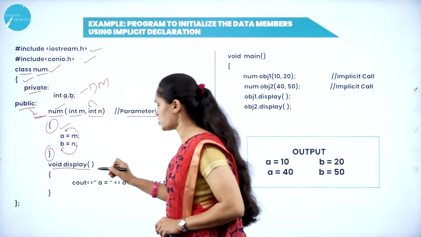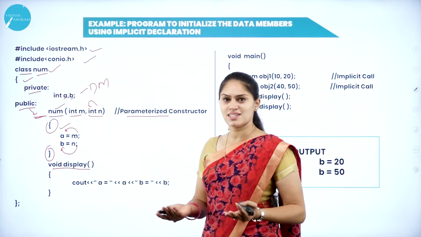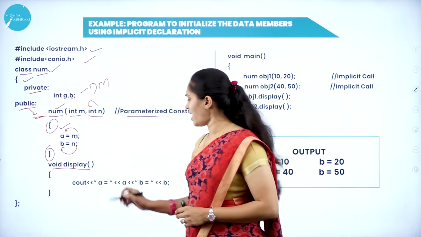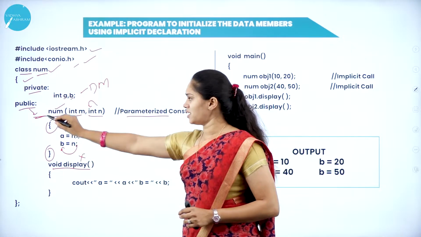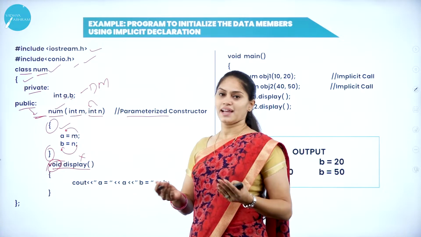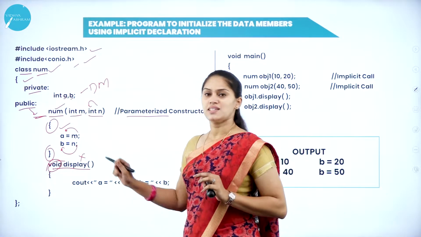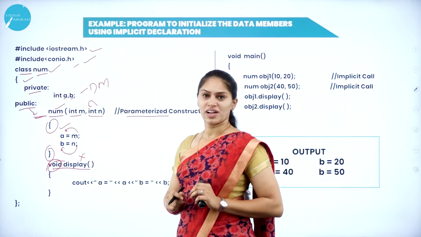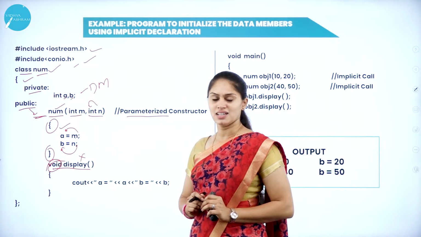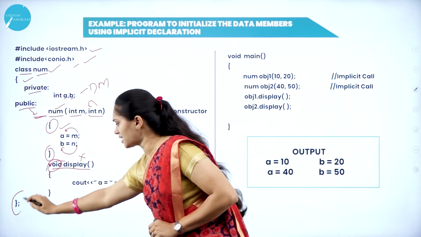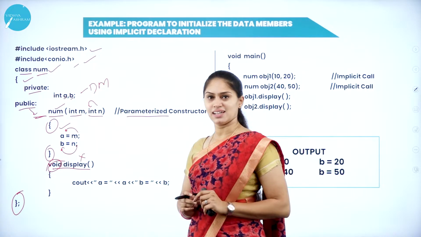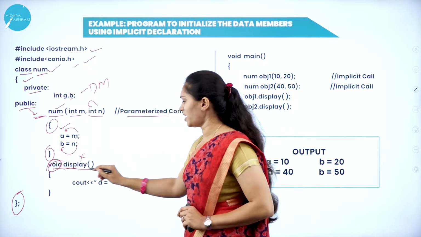After that, I have one function. Can I call this display function a constructor? No. Why can't I call this display function a constructor? Because it doesn't have the same name as the class, and although it comes under public, it has a return type. What is that? Void return type. So I cannot call this display a constructor. It is a normal function which comes under the scope of a class called num. Then whether I am defining this member function inside or outside the class: I am defining it inside the class declaration. So what am I doing in this display function?